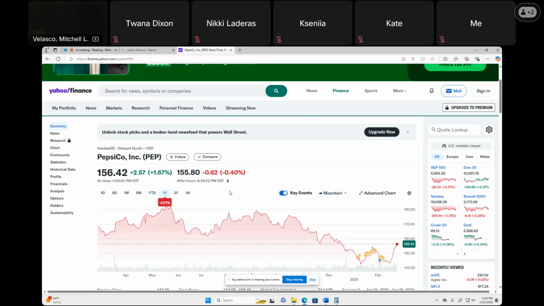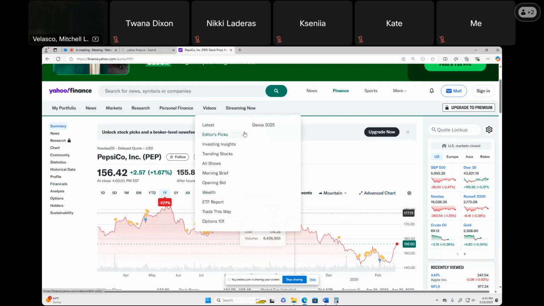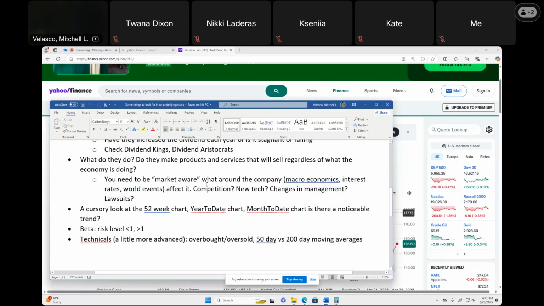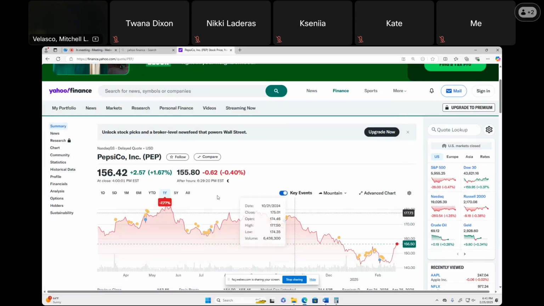But if you take a look over the last 52 weeks, Pepsi is kind of stuck. It had a high in the 180s back in May, and it's down in the 150s today. Although, again, it's creeping back up since the beginning of the month, so that's not a bad thing. Hopefully, it keeps on going back up. I don't have a position in Pepsi right now, but it's an easy one to take a look at. So you could take a look at trends, and you can select different intervals.